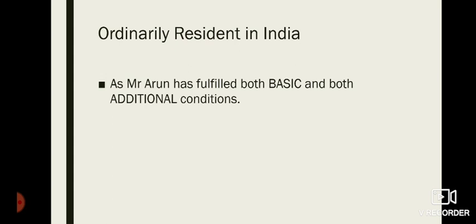Next class we will be seeing some more problems wherein the number of days of stay of an assessee is not continuous in nature. That means he has been in India for some days, again left India, again came back. When the stay in India is not continuous, how the residential status is calculated, we'll see in the next class. Hope you have understood how to calculate the number of days and also how to find the residential status.